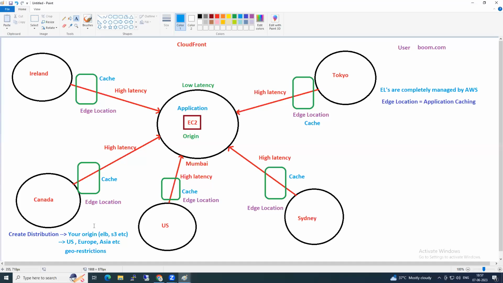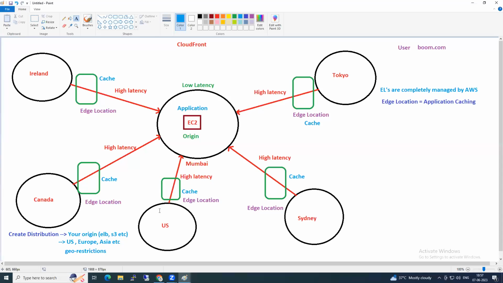I'm repeating it. See, answer my questions, guys. What is the service name here? CloudFront. What does the CloudFront contain? Edge locations. What do the edge locations do? Caching purpose. Edge location is for caching purpose. So I told you the service name and the edge locations. I should tell how to configure it, right? So which is the service where I need to go and configure? CloudFront. So go to CloudFront.